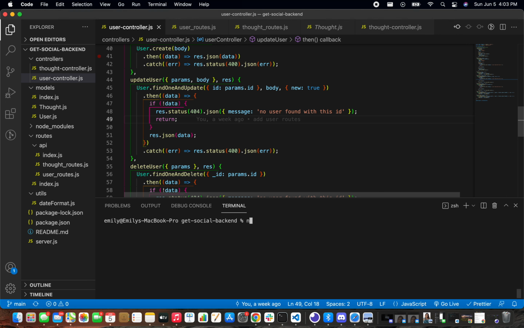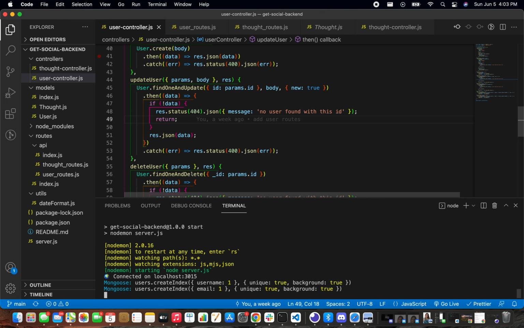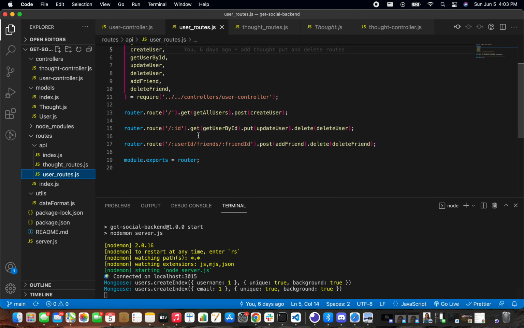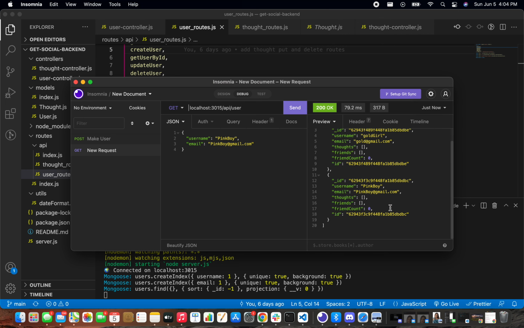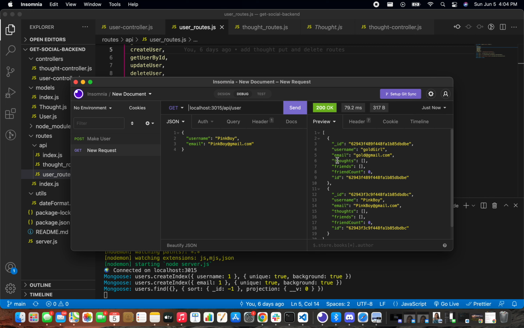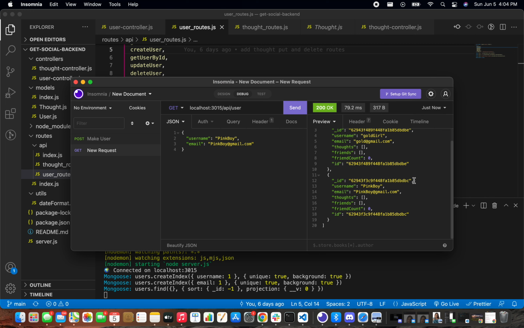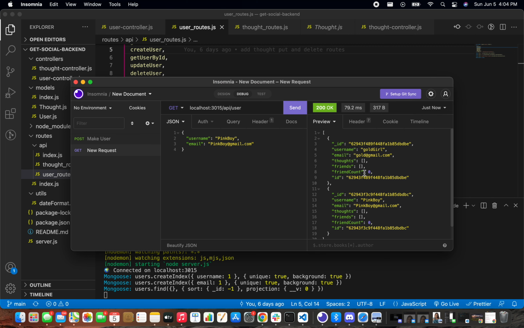We're going to go ahead and start by starting up our server with npm start. Now that we've got our server connected, let's go through our user routes. So the first route we're going to hit is our get all route, which we can see returns all of our users and their associated thoughts and friends. Our current users don't have any thoughts or friends in the system, but we can see that their arrays are presented. So let's go ahead and snag one of these IDs